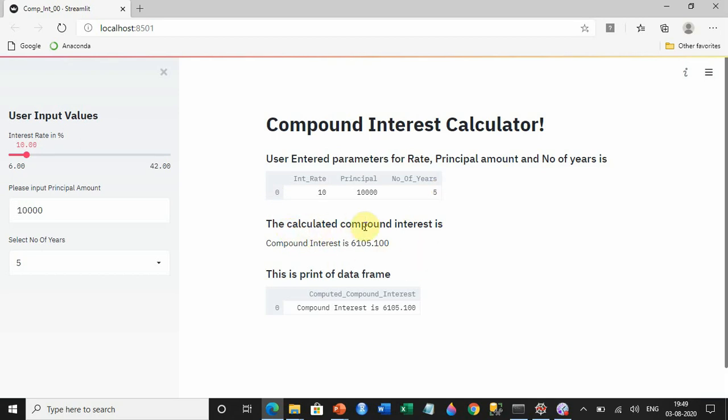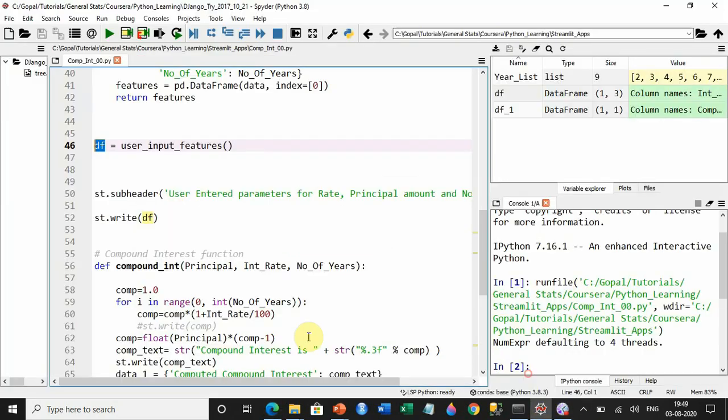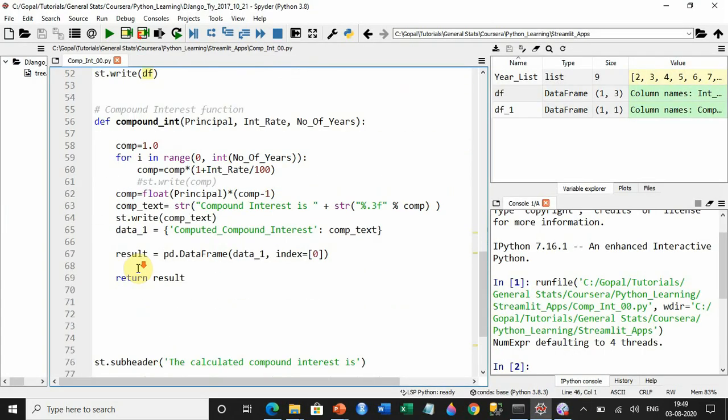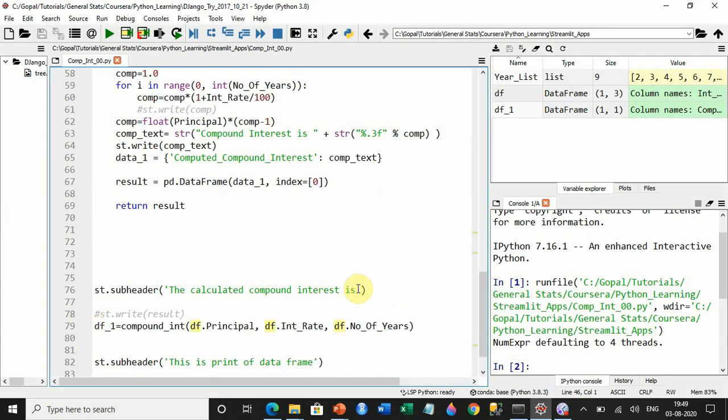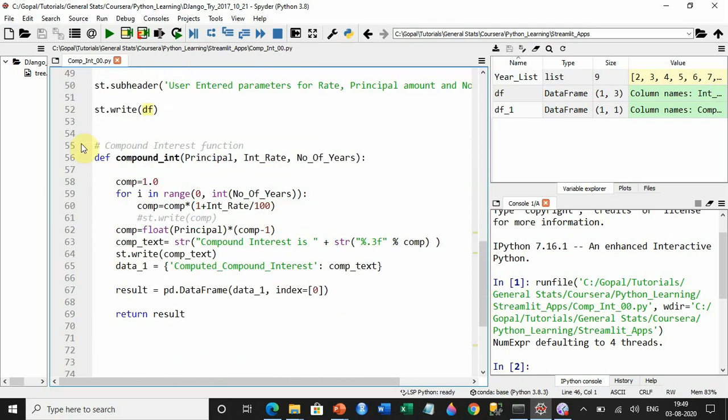Now how is this coming? So I said the calculated compound interest is. That particular thing is pretty easy. What you need to understand here, I have defined the function of the compound interest, but it is not printing. It will print only when you are calling this function.